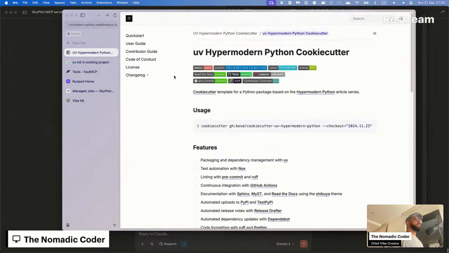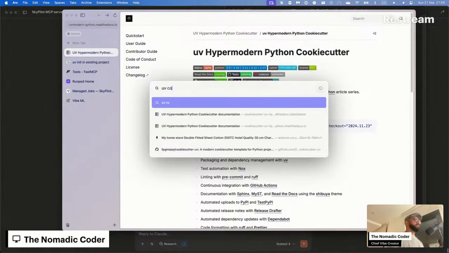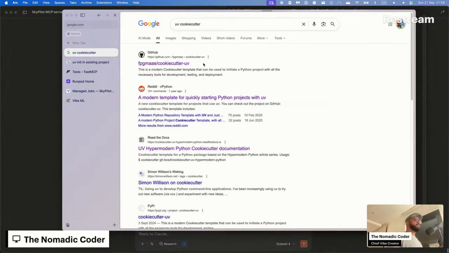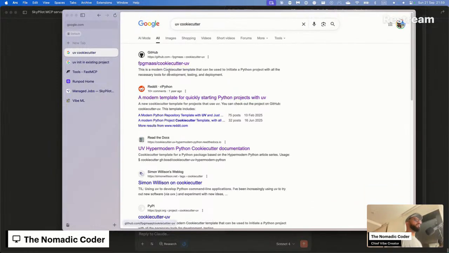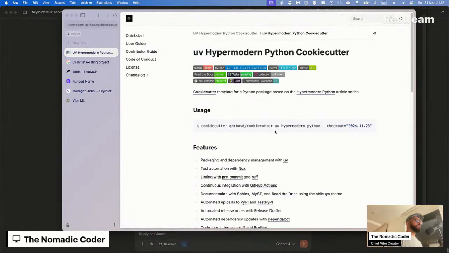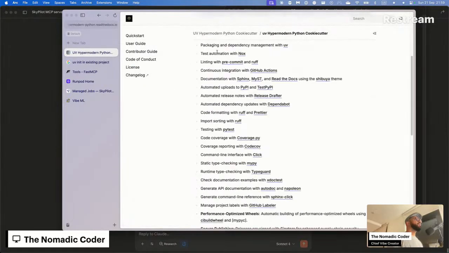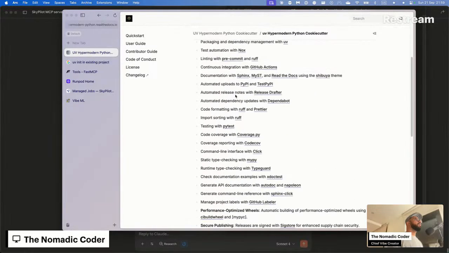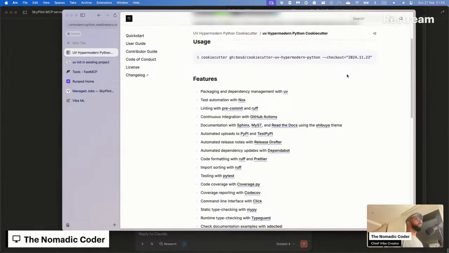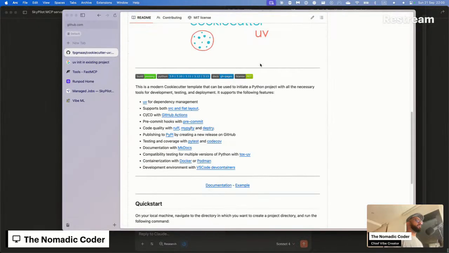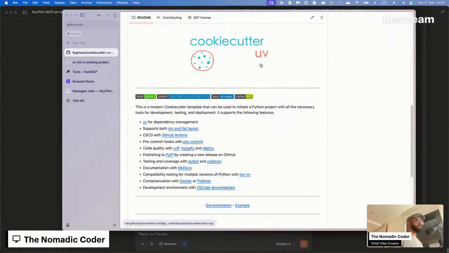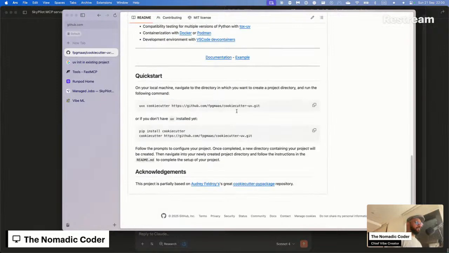Do I like this? There was another one I used to use. Hypermodern. Is this the FP one? Or this guy's? Something about this one was something I didn't like.